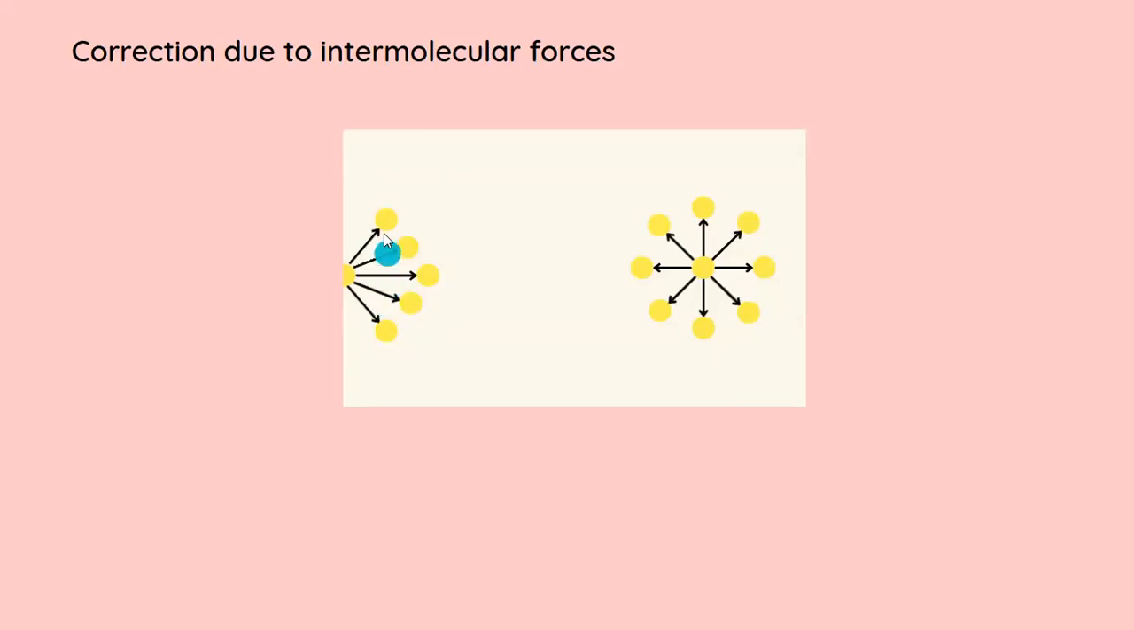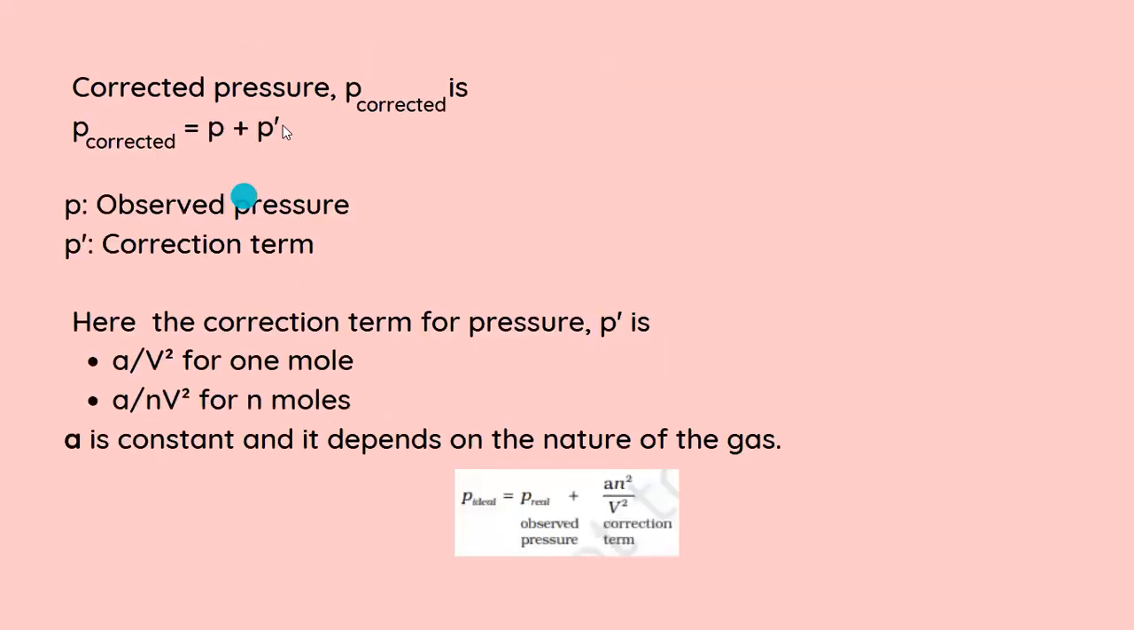So it was noticed that these molecules are actually trying to pull this molecule inside, and so it's slowing this molecule down. So there is a difference in terms of the pressure: the observed pressure is lesser than the ideal pressure. So we will be correcting the pressure as well. So P corrected is equal to P plus P dash, where observed pressure is P and the correction term is